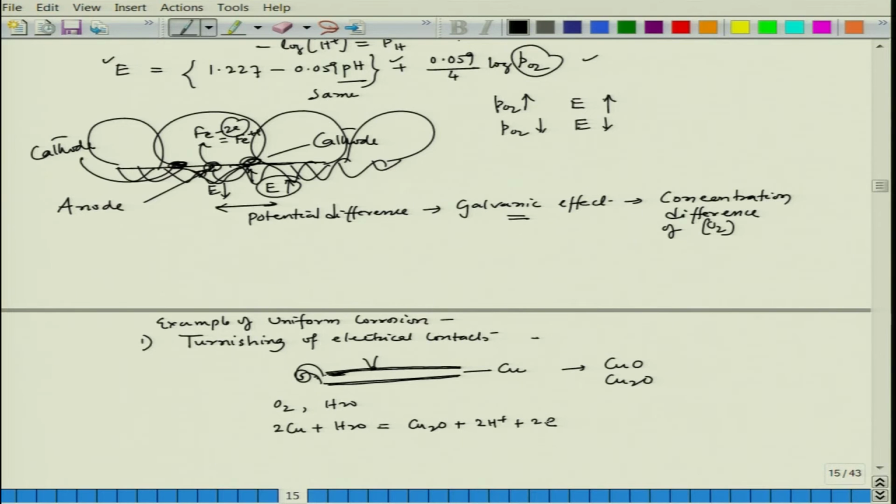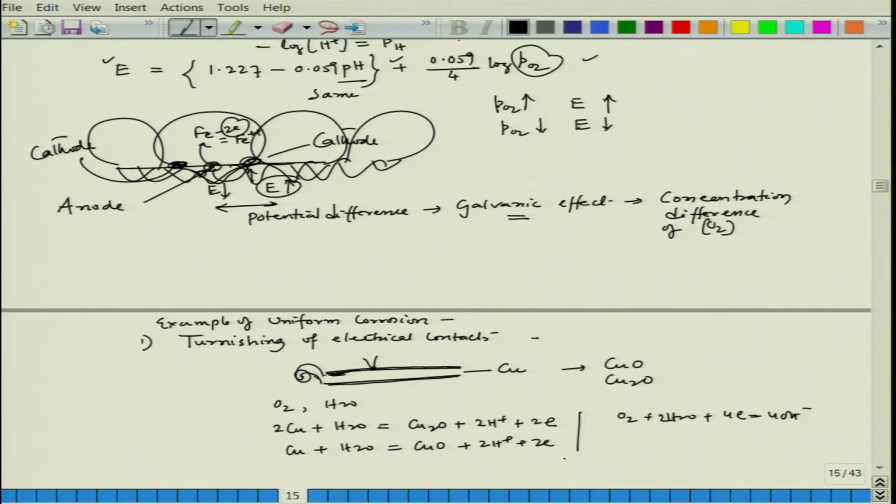Okay. So, this reaction can happen, which is basically an oxidation reaction, and Cu2+ is forming. There could be a reaction like copper plus H2O going to CuO plus 2H+ plus 2e-. So, this reaction can also take place. Okay. Now, the oxidation reaction, so this is hydrogen generation. So, now there could be a cathodic reaction, this is O2 plus 2H2O plus 4e- going to 4OH-. Okay. So, that reaction can also happen.